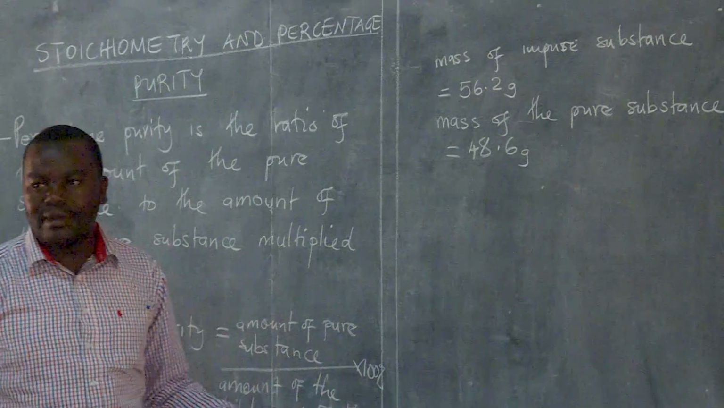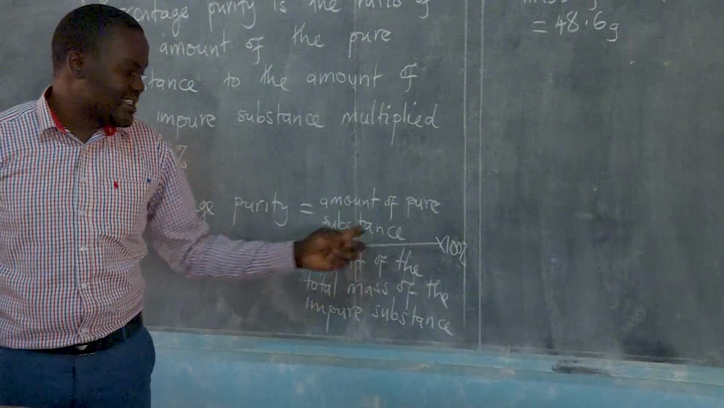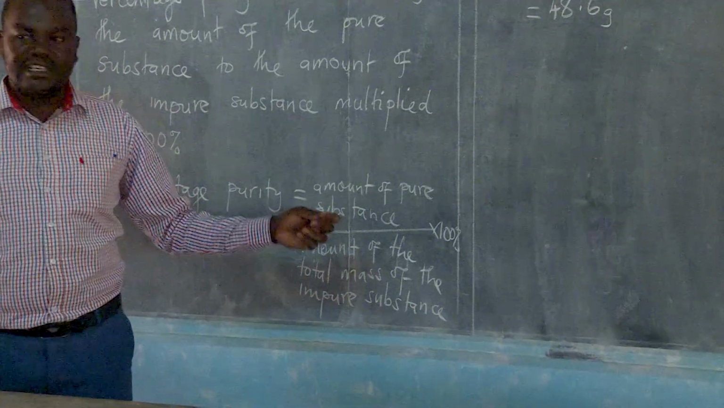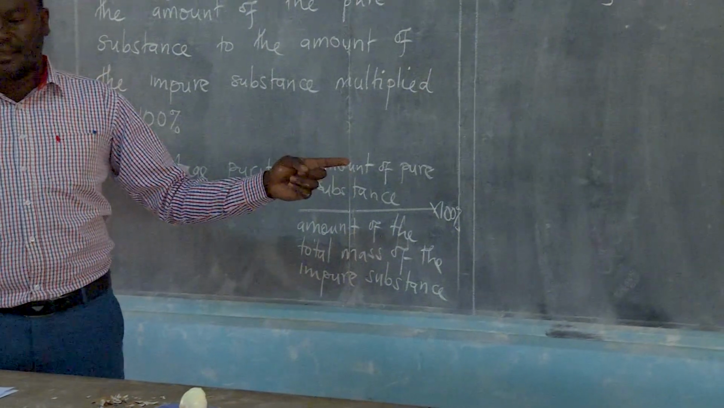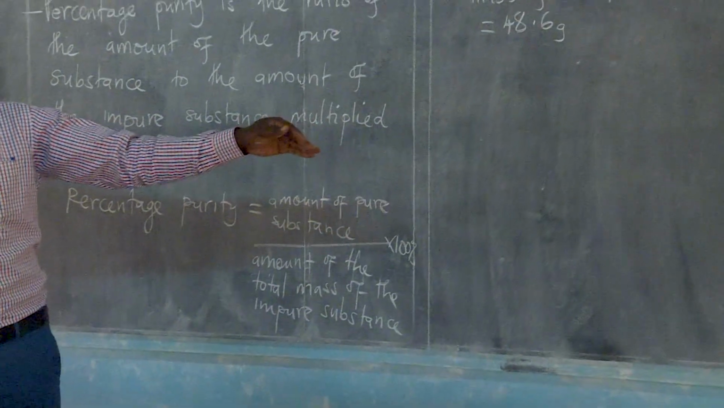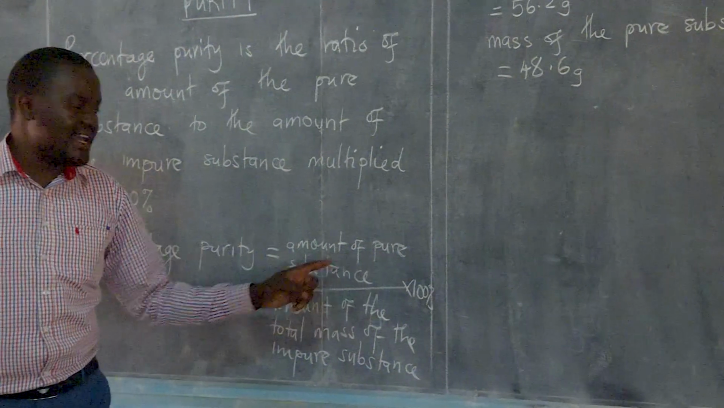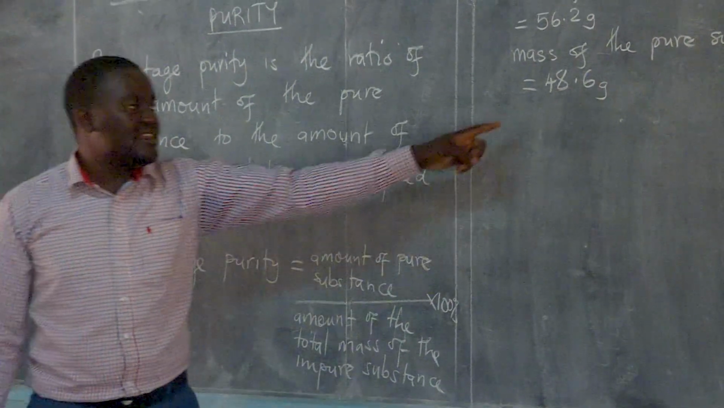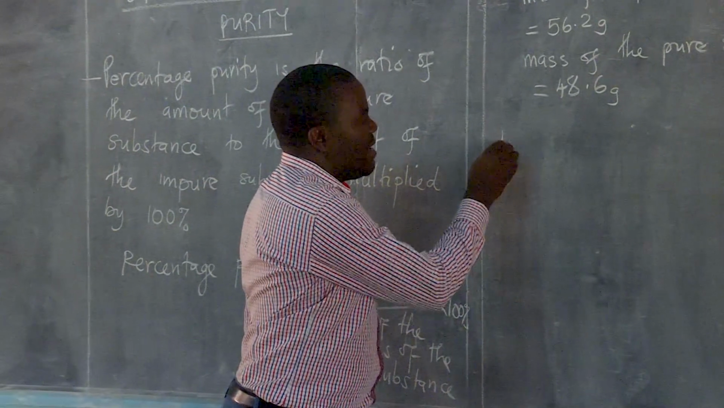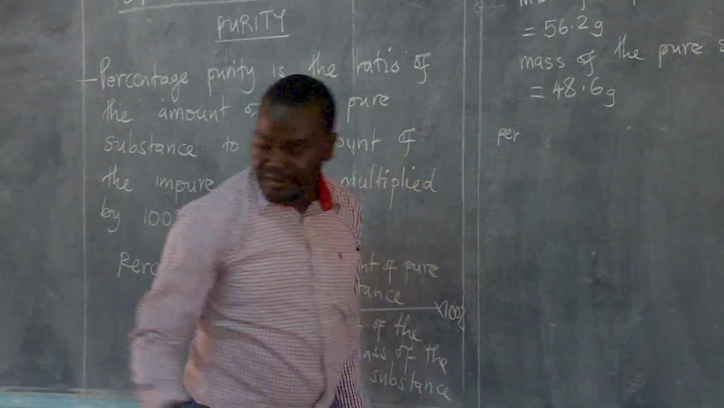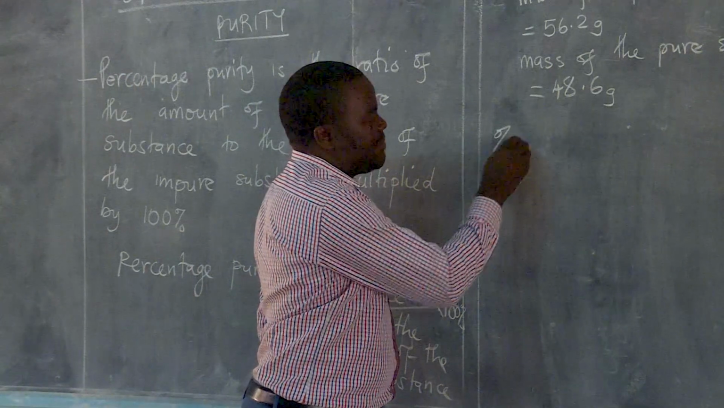I'm getting back to my equation, which is amount of the pure substance, in this case, the mass. So what is the mass of the pure substance? Where there is the amount of pure substance, I am going to plug in this value. So let's work it out. So what are we saying? We are saying percentage purity